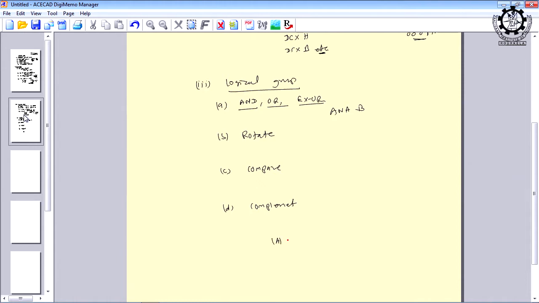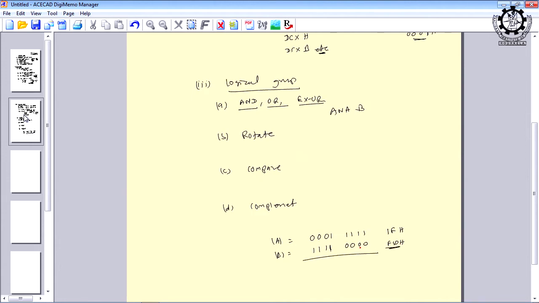For example, A contains 0001 1111, that is 1FH in hexadecimal. Suppose B contains 1111 0000, that is F0 in hexadecimal.